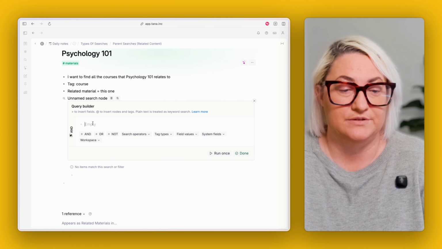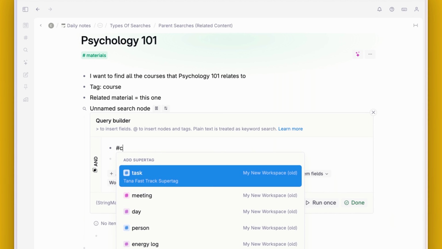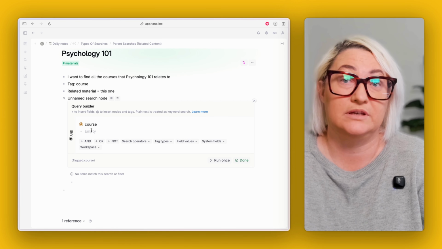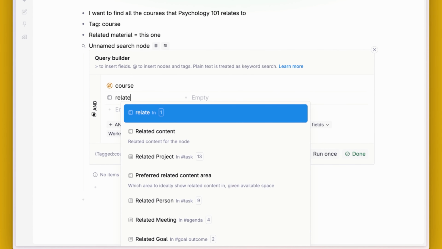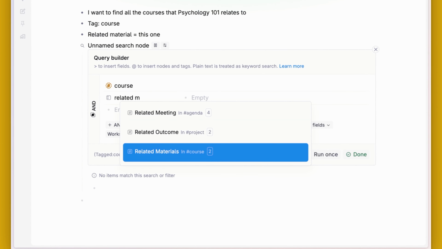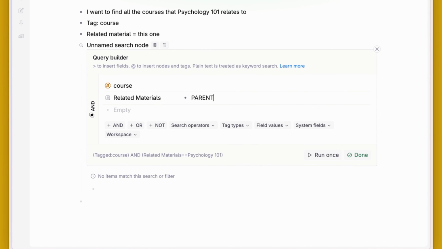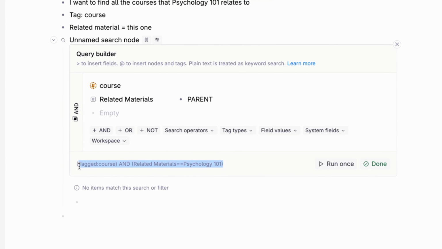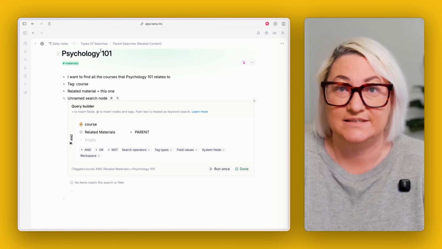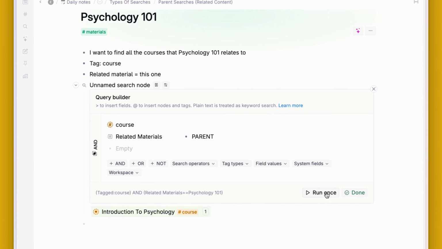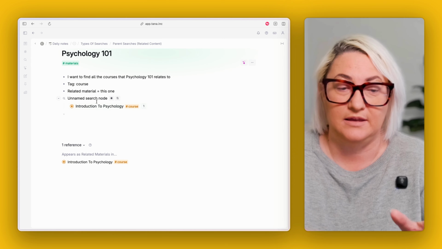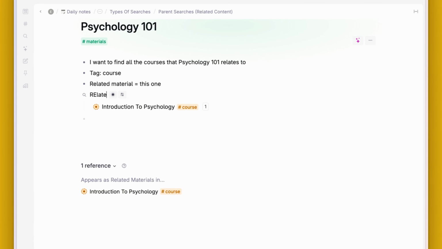Okay, so let's do this. We're looking for our super tag, which is course. Then we're looking in the course super tag for the field related material. And then we're going to type parent, okay? And so you can see down here, because we are in Psychology 101, it's looking for Psychology 101. So if we go run, it's going to find that, okay? So this is then related